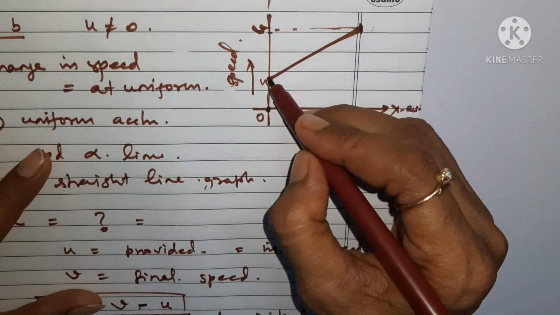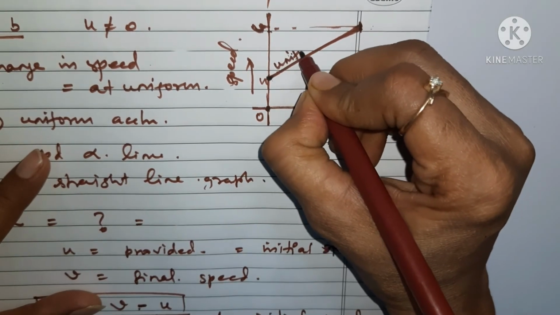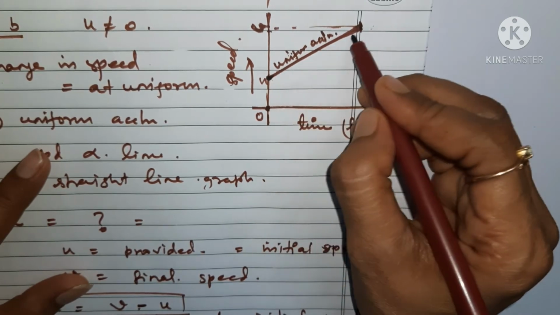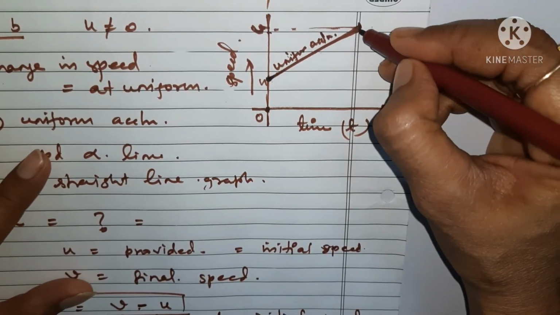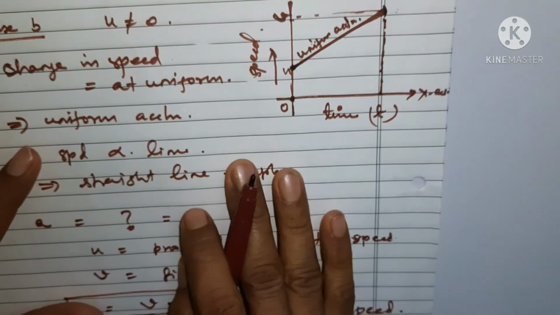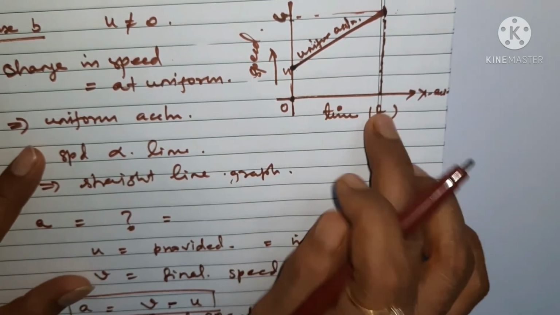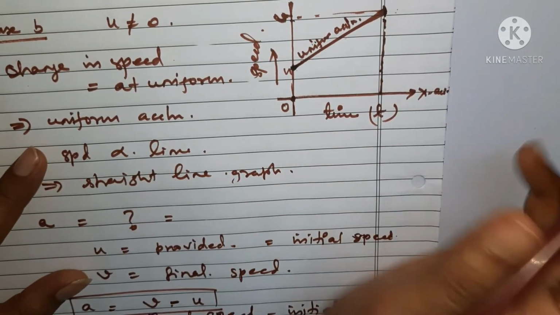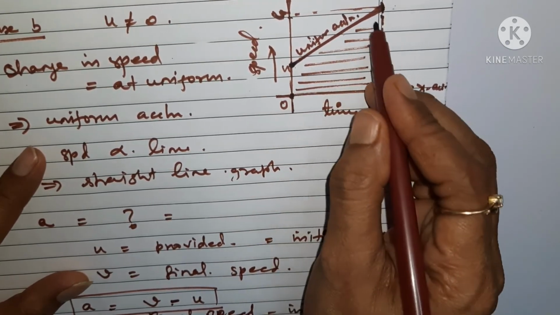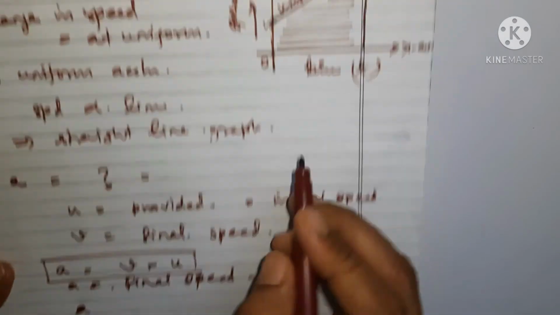Now in this case you can see again that this is the uniform acceleration which is shown here, and the area covered by this graph, as I have told you, the area covered by the graph to the time axis, will give you the distance of the body. So you can see here the area covered is this one. We will just find the area of this. So distance covered will be equal to the area of this.